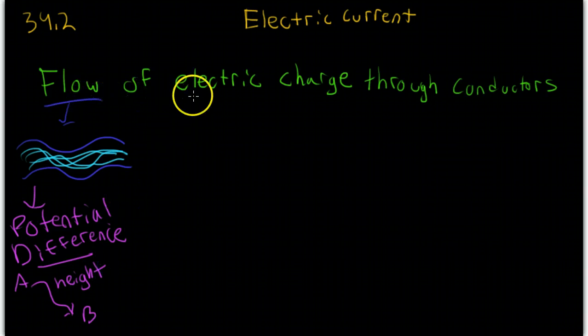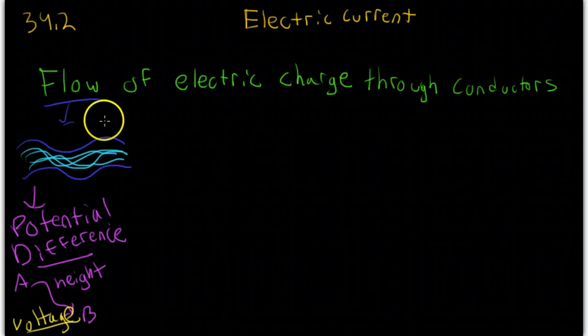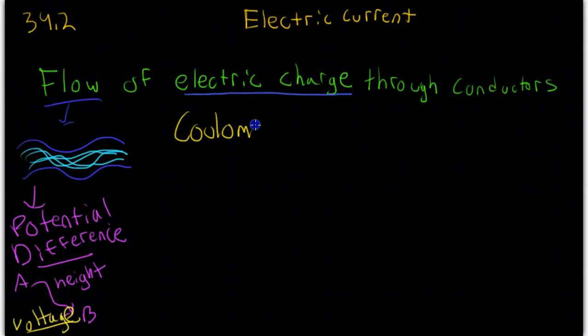Now when we're looking at electric charge, why does it flow? It flows because there's a potential difference in voltage. That's your potential difference here, but we're going to get into that a little bit later. Now let's dissect electric charge. Hopefully you remember that from chapter 32 as the coulomb. That's the unit to measure electric charge, and essentially 1 coulomb is equal to the charge that